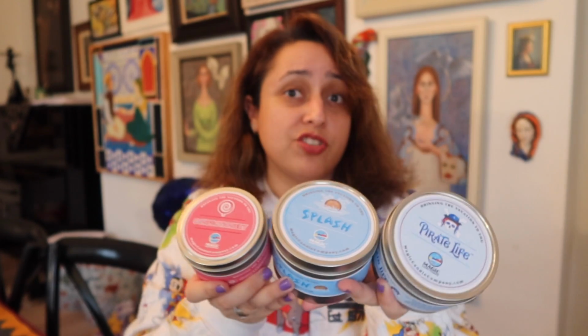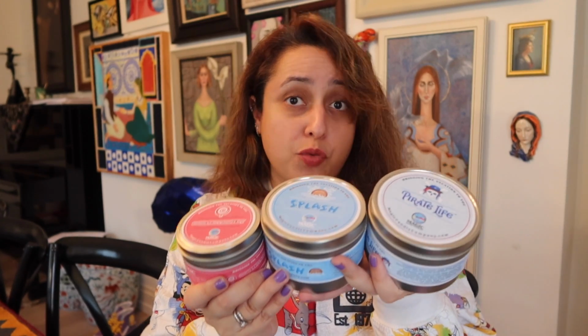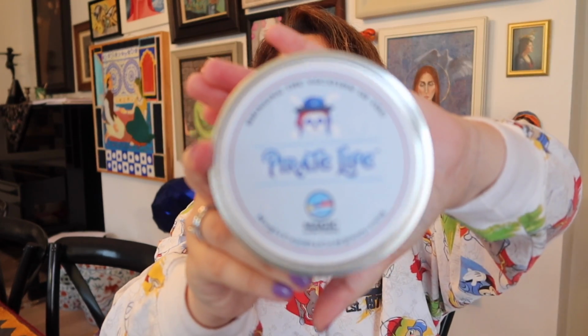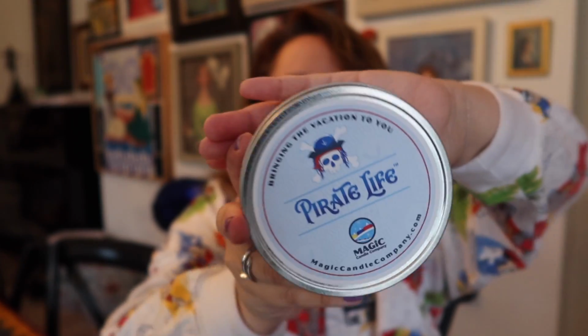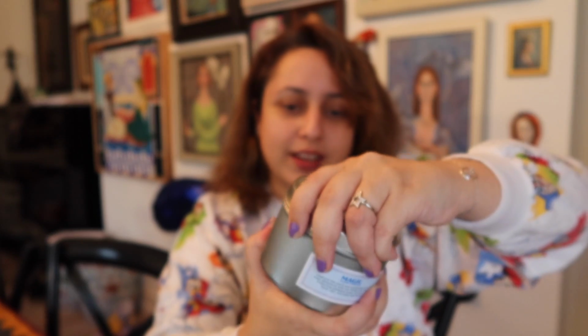I'm going to have to change the camera angle in a second so you guys can see the table as I light them up. But before we do that, I thought it might be fun to smell them before they're lit as well, just to see what my first impressions are, if that makes sense. So the first one, like I said, is this Pirates one. It's got a really cool logo actually. It says Pirates Life, blue and everything, my favorite color. And I am going to,